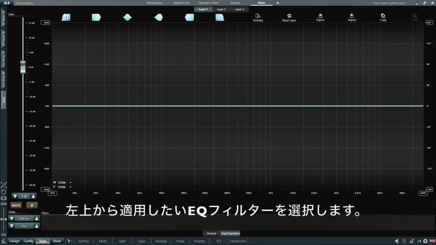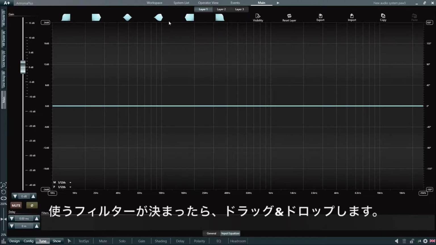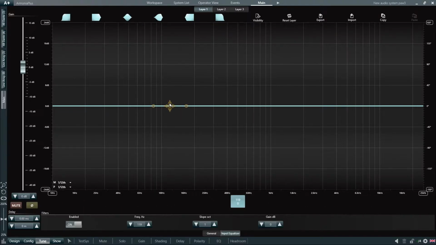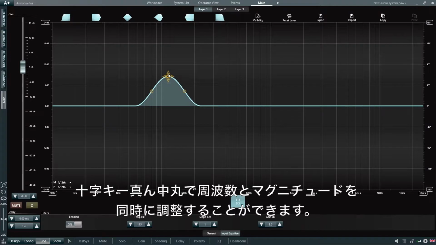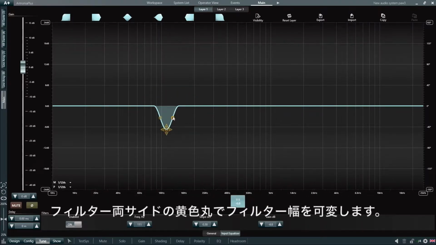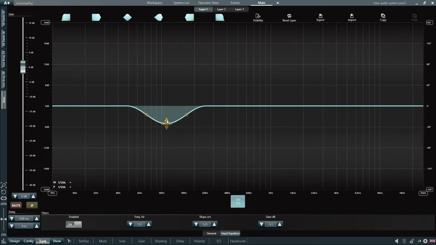Here at the top, we can see the different filters that can be applied to our EQ curve. And we simply have to click on one of them, drag it, and drop it on the EQ curve. We're then able to change the amplitude of this filter, as well as shift it around different frequencies. We can then use the control points to edit the EQ of this curve and move it around as we